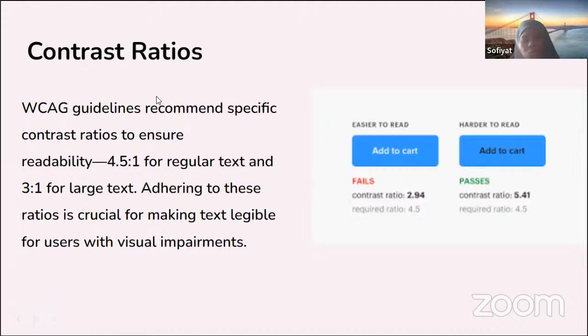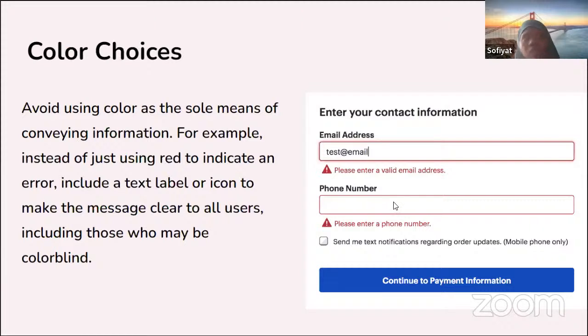And if you don't want to go through this stress, we have lots of tools we can use. You can use color checkers, contrast checkers, to check your colors. So another thing you need to also know is color choice. I've been using colors as a means too. So with this example here now,